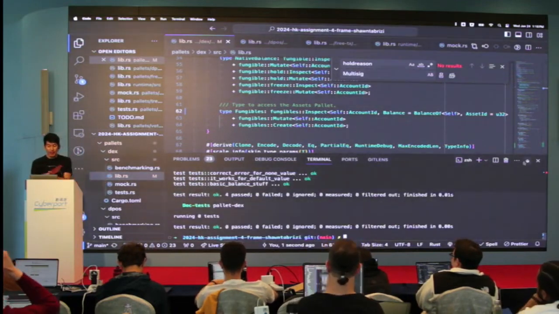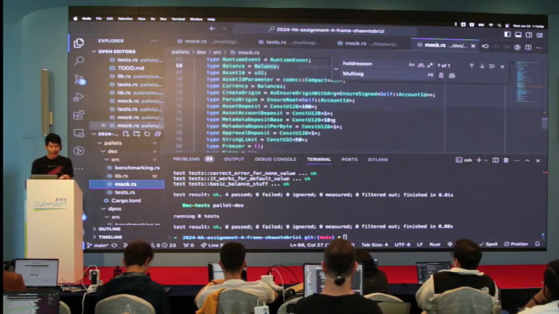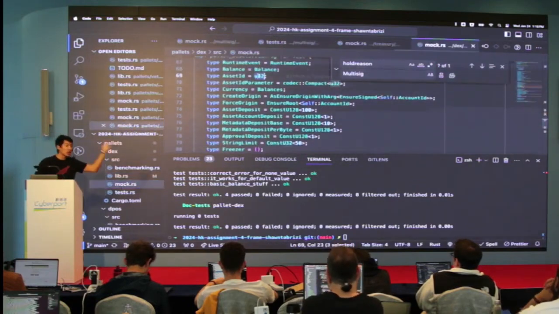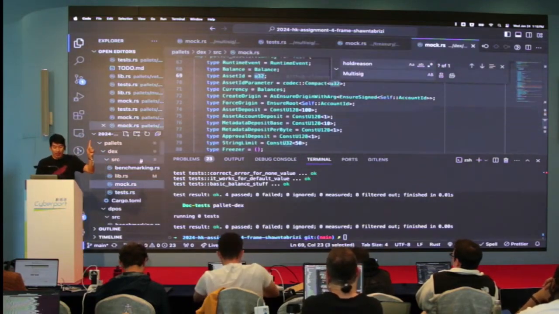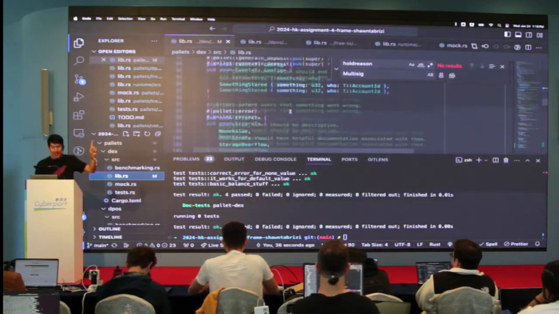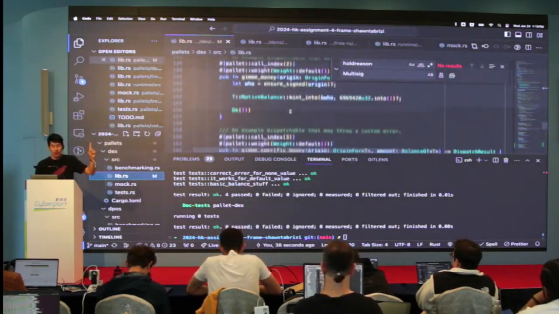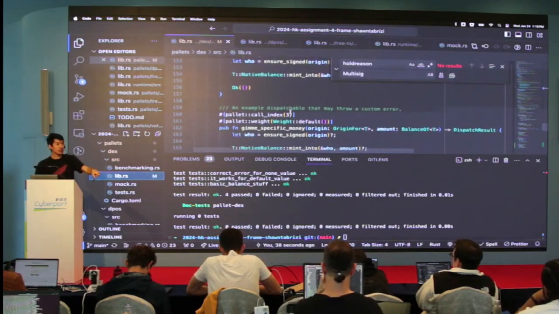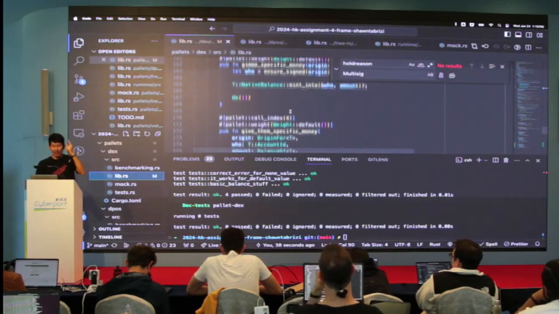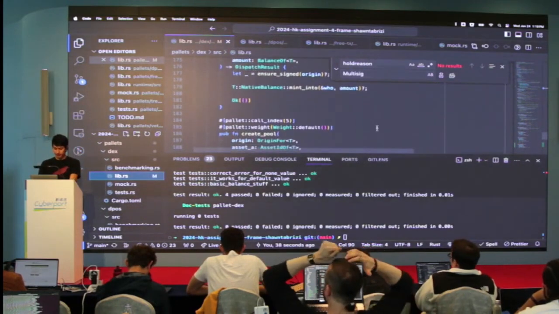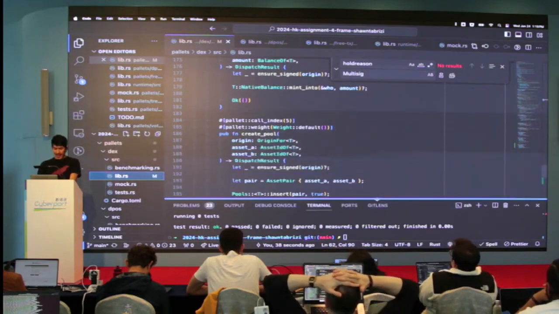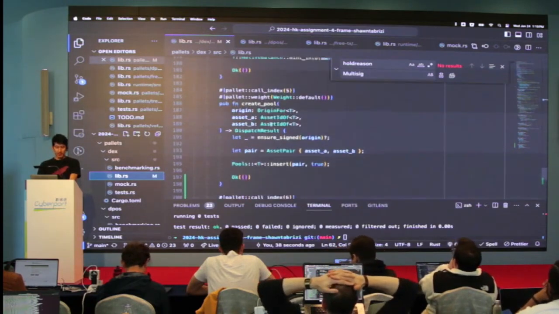So you can see here, now it works because in my mock, I have AssetId as U32. Obviously, if I change it, it would have an error. But what does this mean now? This means that in my code, I can just pass U32s. I'm trying to think what the best example is. So if I call here asset A is AssetIdOf this. Remember we did this, right?